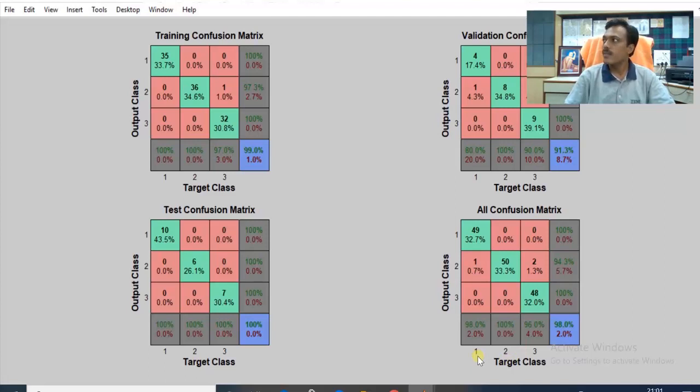Now let us see here, 49 are correctly identified as Setosa and 1 is identified as the second class of the data, that is Virginica. Out of the next 50 samples, all 50 samples are correctly identified as Virginica. And 48 samples are recognized as Versicolor and 2 are recognized as Virginica. You can see the performance is 98.0. So I can say it is good training, what happens here in the ANN using the toolbox.